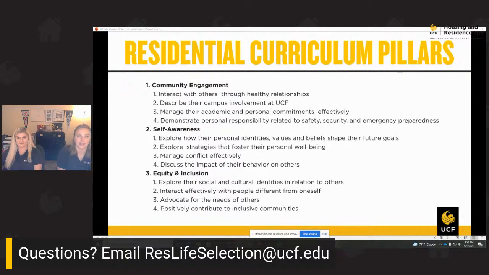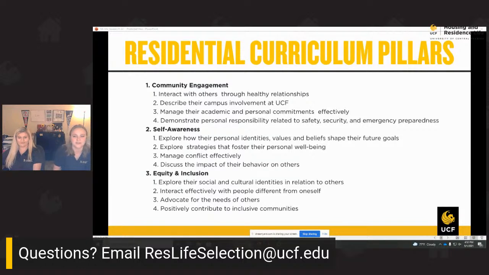One of the things in the Community Living Guide that is a very common policy violation is string lights. You're not allowed to have string lights. They are a fire safety issue. And so that may look like having an educational conversation when your resident comes to you and says, oh, but I really, really want string lights. I'm like, okay, we understand. Yes, they're very cute. I know they are. They really make the little twinkle in your room just happen. But they also can start fires. And as we know, we don't want that to happen to our home.